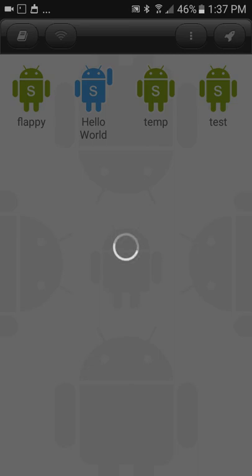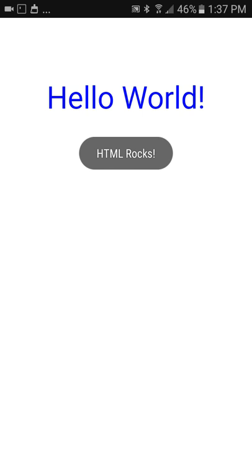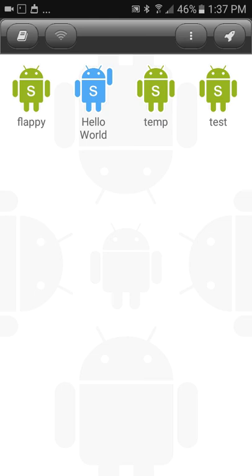And it should just work as it did before. So if I open the app, it does not crash, tells us everything is good, and there we go. Okay, so now in order to